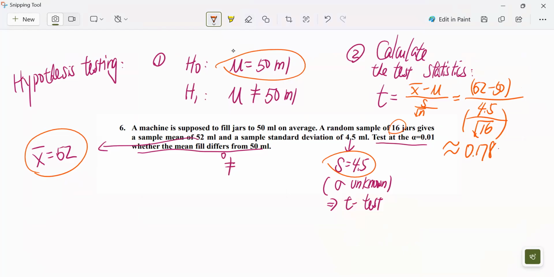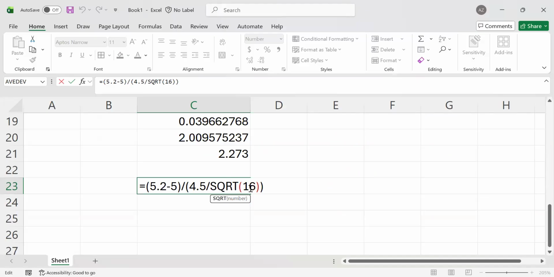Wait, Professor, is that 5.2 or 52? It's 52. Yeah, that's the sample mean, 52. I see, but never mind. Sorry, I was just confused on something. Okay, all right. Any other questions? I don't think... it looks like something's off. Let me double check. It's good. Actually, no, I made a mistake.